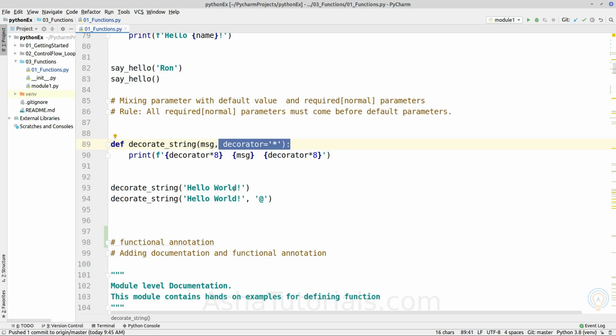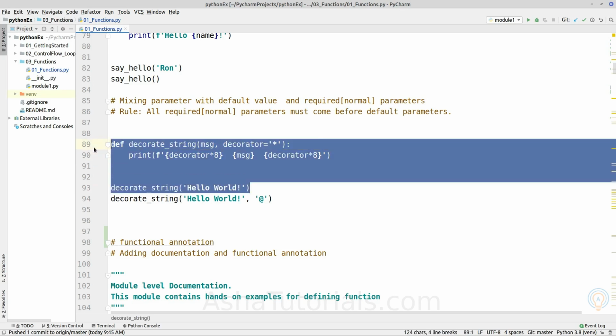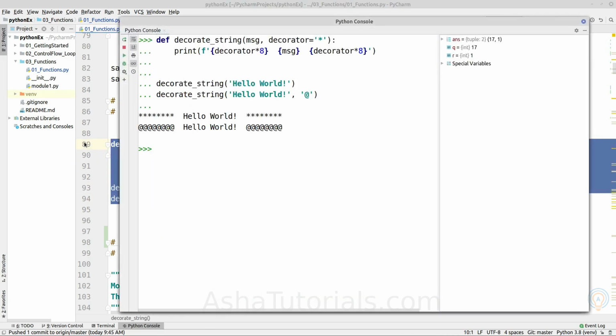So if we execute without any parameter and with parameter, as we can see, if decorator is not given, then it is using star as a decorator. When it is given, then it will decorate with the given decorator.